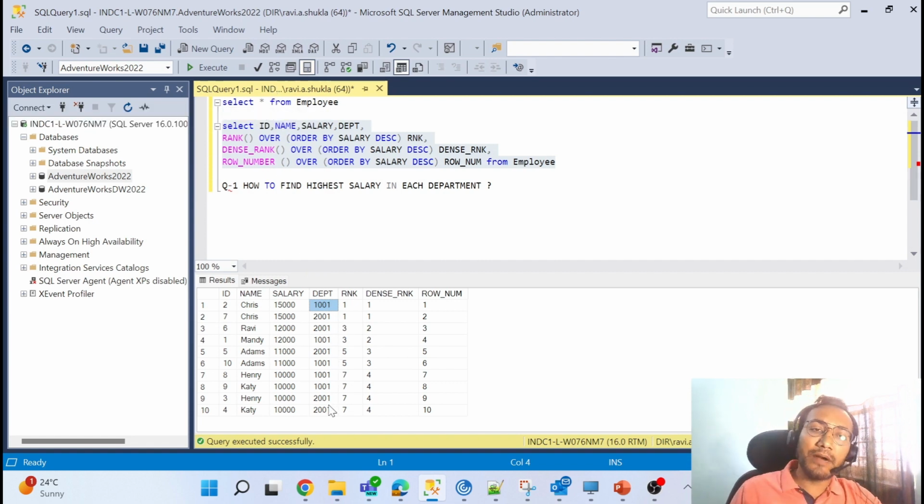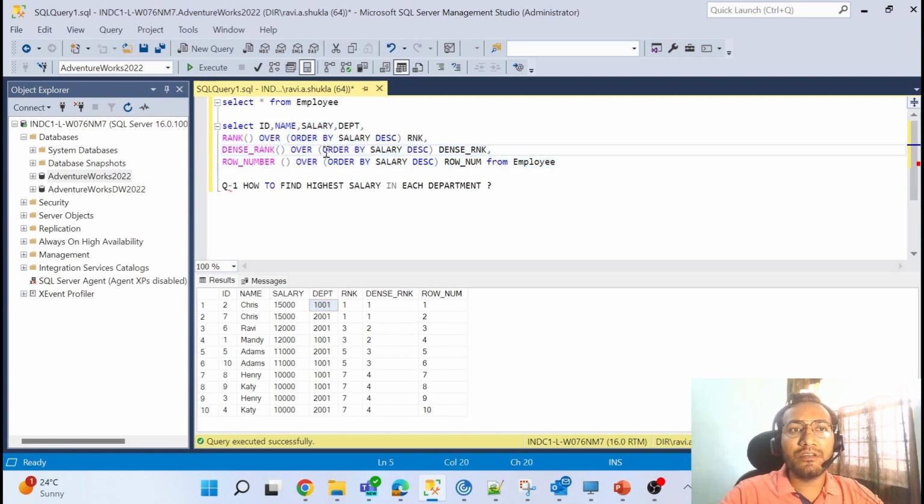So for each department, how do we find the first highest salary in each department? Okay, so it's quite simple. I'll try to use row number, dense rank. So I'll do one thing. I'll do the